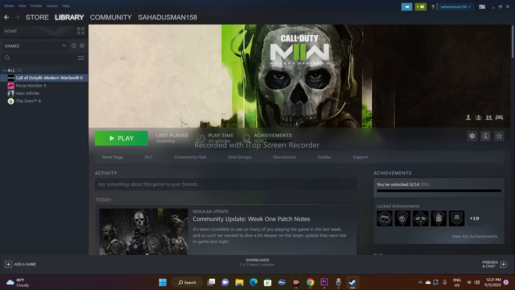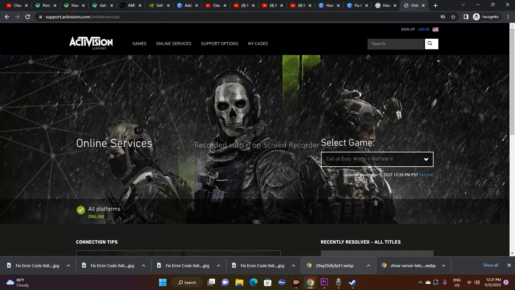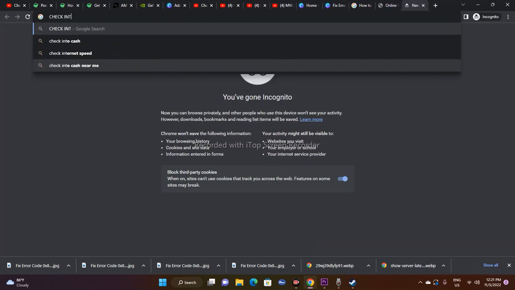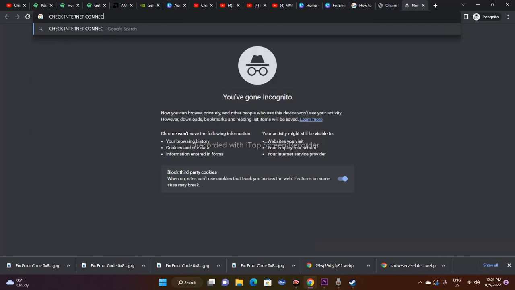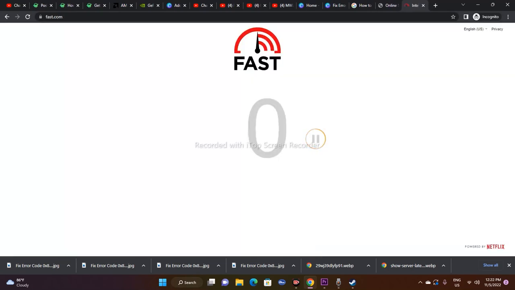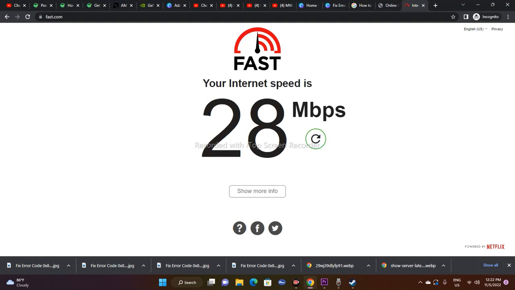Moving to the next one, you have to make sure that you have a good internet connection. As you can see here, I'm connected to the Wi-Fi, so it is very important that we have a good internet connection. We just have to check the internet connection, the speed, and whether you're going through any kind of issues. You should have a good connection both for uploading as well as downloading, with enough speed, or else you will have trouble.